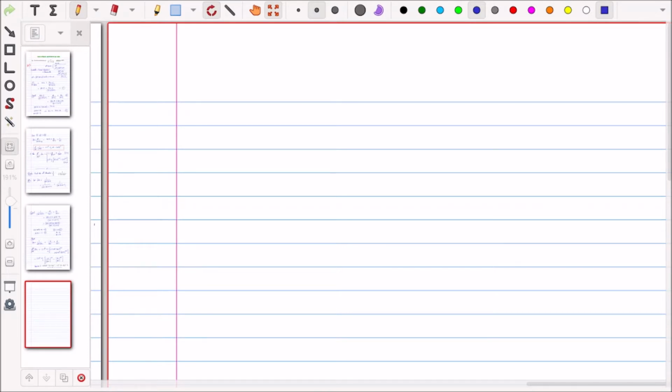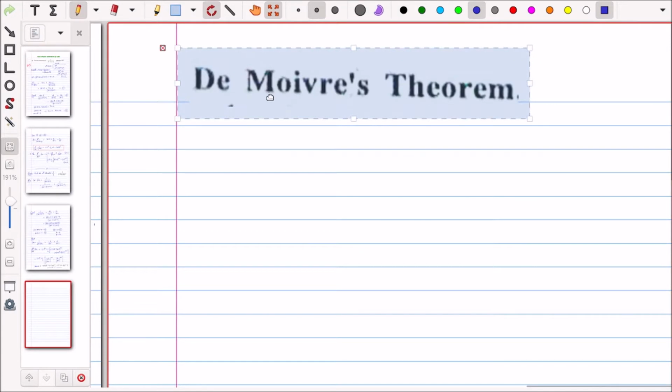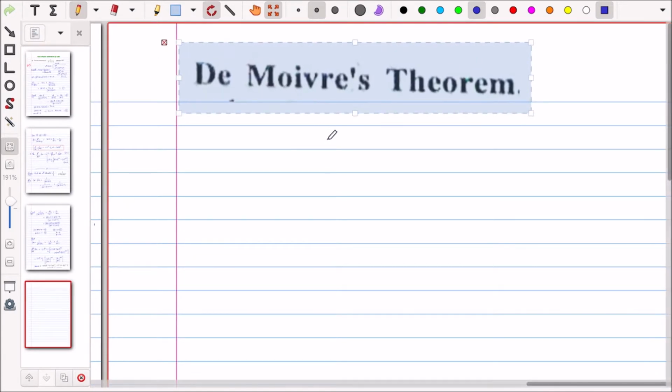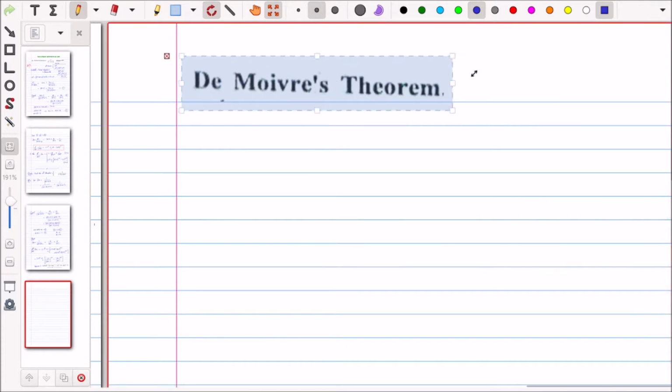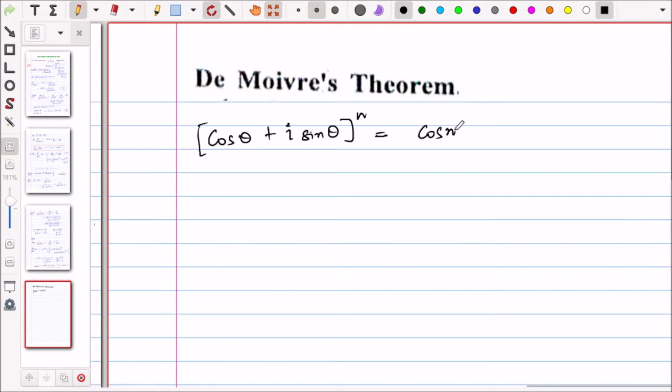Okay. Now we will use De Moivre's theorem to solve some questions. Have you heard of De Moivre's theorem? Yes. So it is a very simple theorem but a very powerful theorem. What it says is that if you have (cos theta plus i sin theta) to the power n, where n is an integer, then it can be written as cos n theta plus i sin n theta.